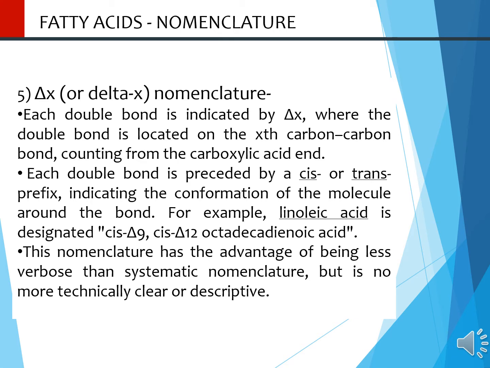Fifth type of nomenclature is the delta-X system. Here, each double bond is indicated by delta X, where the double bond is located on the Xth carbon-carbon bond, counting from the carboxylic end. Each double bond is preceded by a cis or trans prefix indicating the conformation of the molecule around the bond. For example, linoleic acid is designated as cis-delta 9, cis-delta 12 octadecadienoic acid. This nomenclature has the advantage of being less verbose than systematic nomenclature, but is no more technically clear